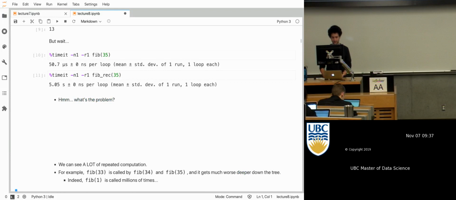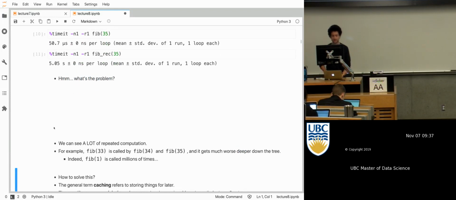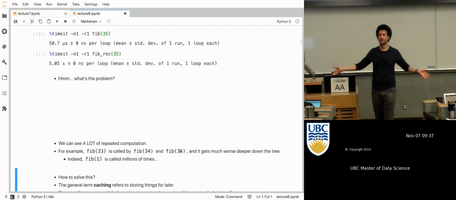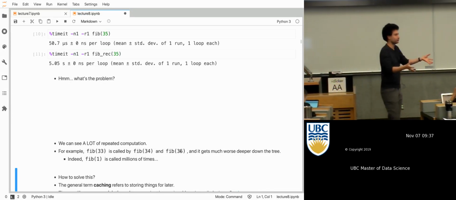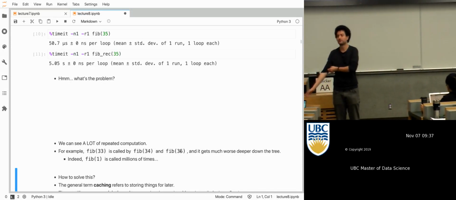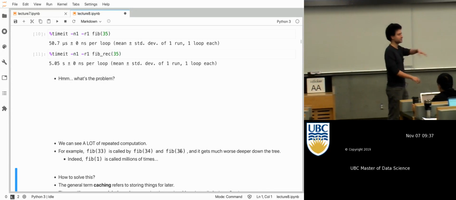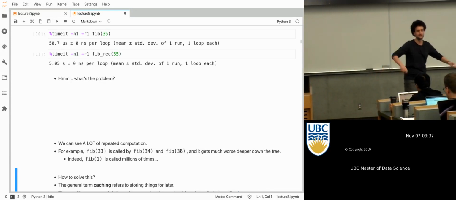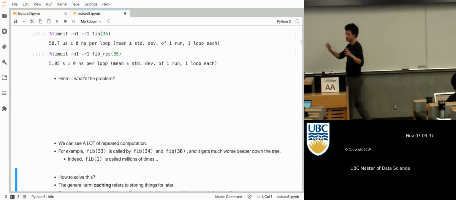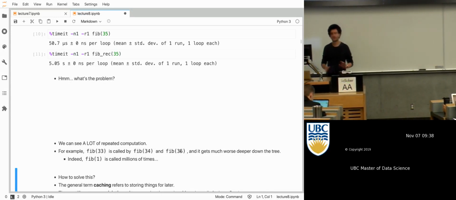I think we mapped it out last time. Okay, so the problem is repeated computation. So, for example, fib of 33 is called by fib of 34 and fib of 35. So fib of 33 is computed twice for no reason, because you did all that work. You might as well just remember what the answer was rather than doing it again. And like fib of 10 is called a bajillion times by so many branches of the tree. And so it's just pointless to spend 2 to the n-ish amount of effort to do this thing that should